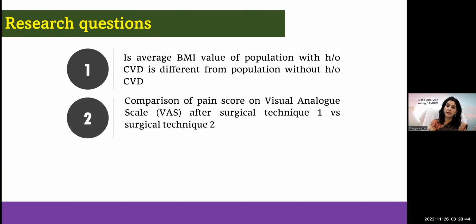Similarly, the second research question could be, if you want to compare the mean score of VAS, that is the visual analog scale, or any other pain score, between a group of people who have undergone surgical technique 1, and a second group of people who have undergone surgical technique 2. So in that case, the difference of the mean pain score between these two populations, if you want to test whether it is significant or not,